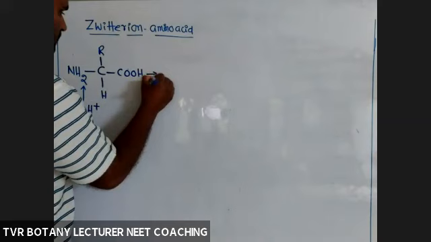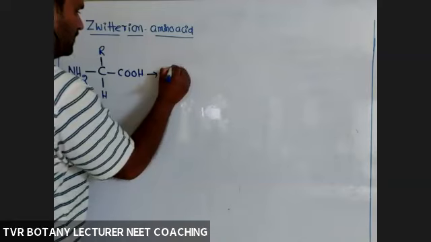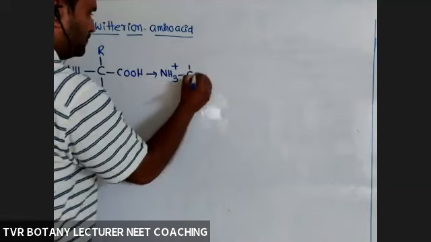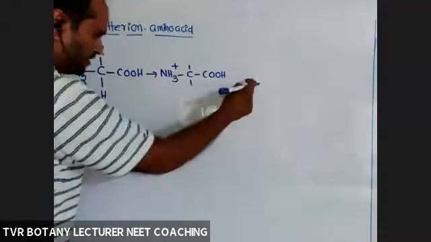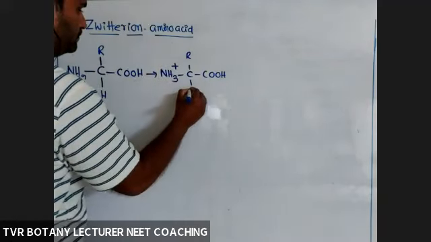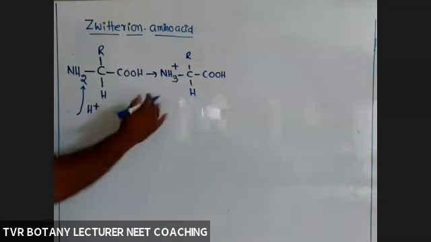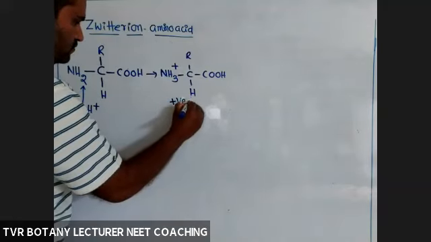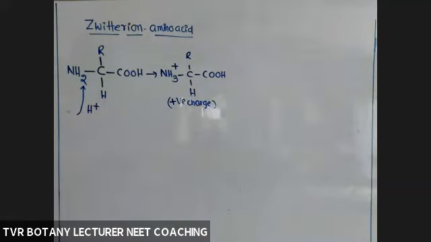So it is protonated. Now it is NH3 plus, positive charge, alpha carbon atom, COOH. In your textbook from here onwards, they explained how to get that one like this, R group and H. Both are amino acids. What is the difference between these two? This one is with positive charge. Okay, next.